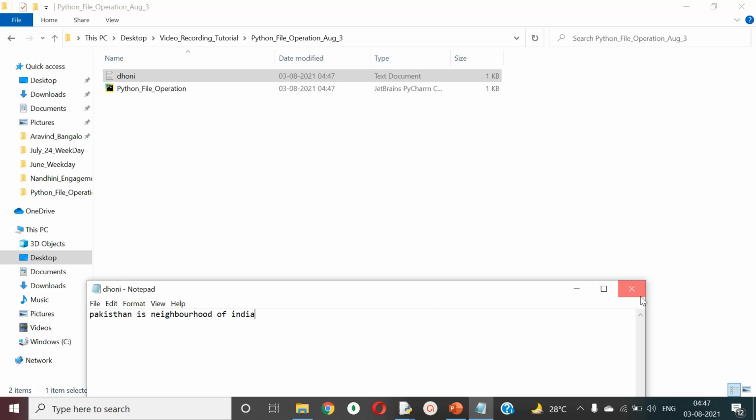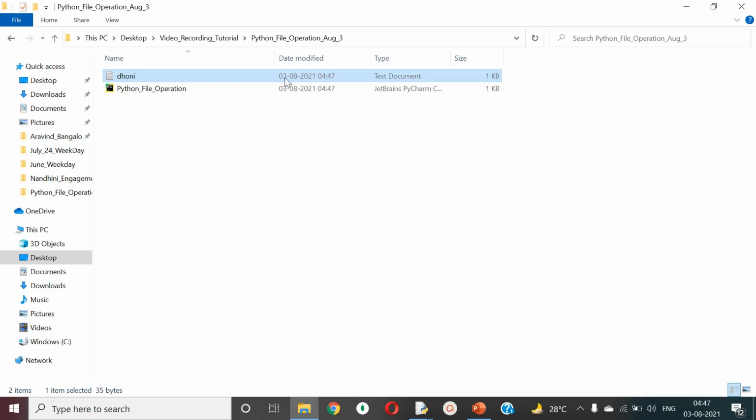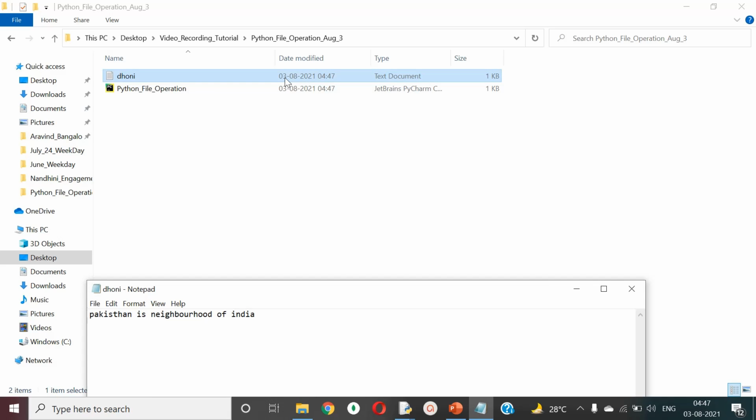Now I'm closing it. I'm opening it. Now where the cursor is blinking, it went back to the 0th index, first position. So because of this cursor existence only, every time I do the write operation, it is trying to write onto the same place. Of course, how the data will be written in a text file, it will write at the same place where the cursor is blinking, right?